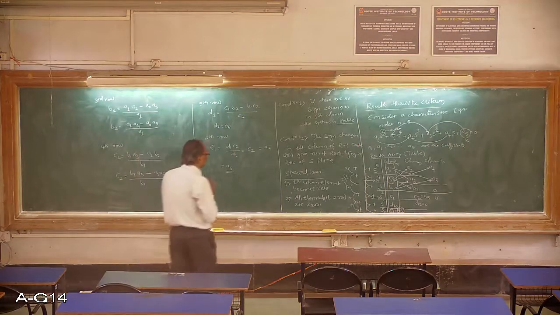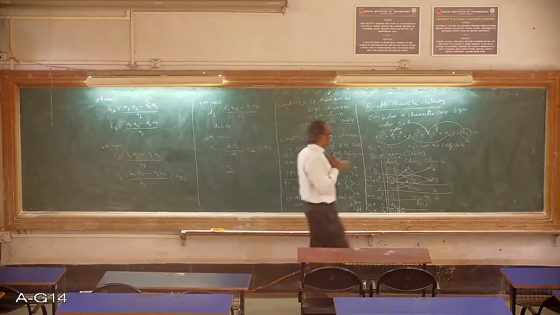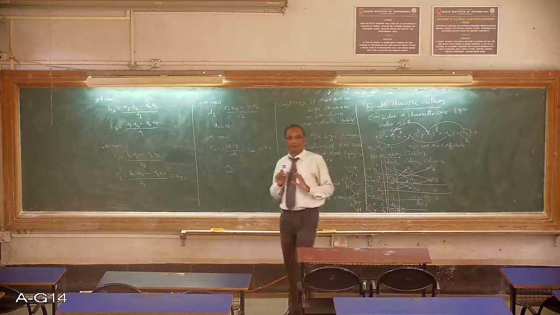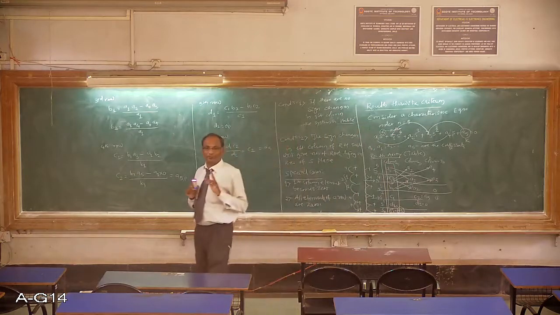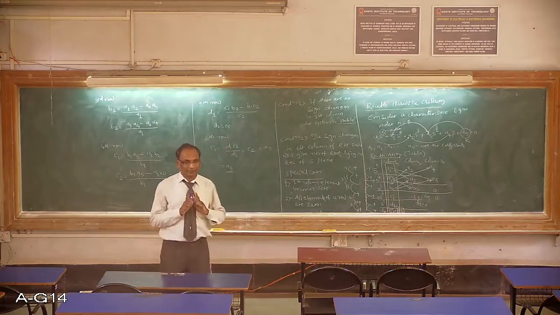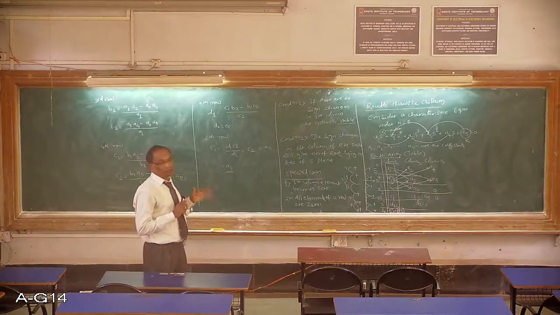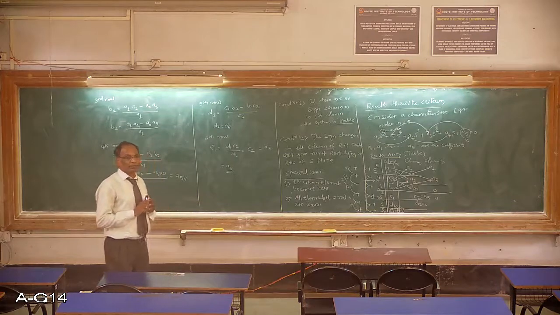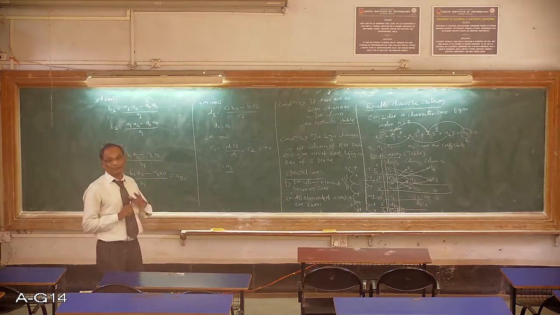So you need to find the range of K. You need to find the range of K for which the system is stable, and the value of K, which is K max, for which the system is marginally stable, and for K greater than K max the system is unstable. So there are around 5 to 6 different varieties of numericals.